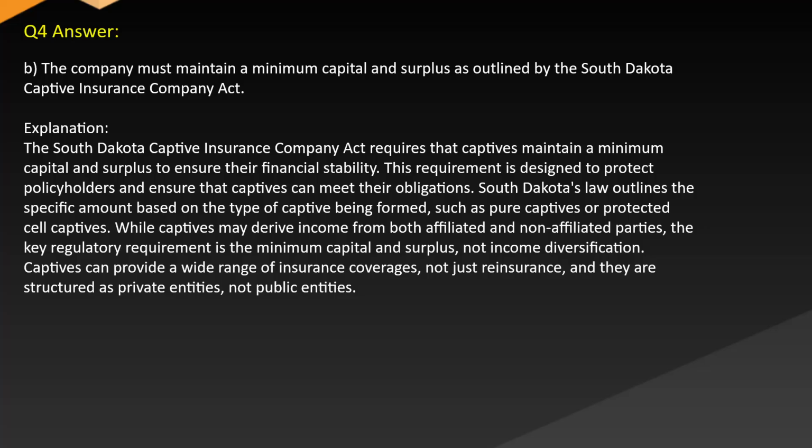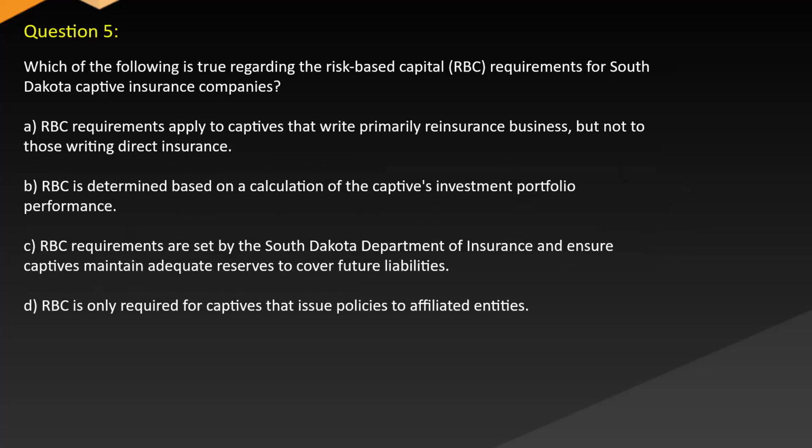protected cell captives. While captives may derive income from both affiliated and non-affiliated parties, the key regulatory requirement is the minimum capital and surplus, not income diversification. Captives can provide a wide range of insurance coverages, not just reinsurance, and they are structured as private entities, not public entities. Question 5. Which of the following is true regarding the risk-based capital (RBC) requirements for South Dakota captive